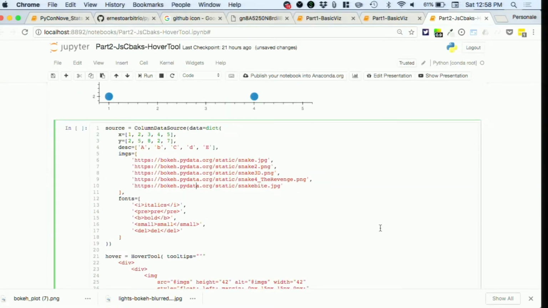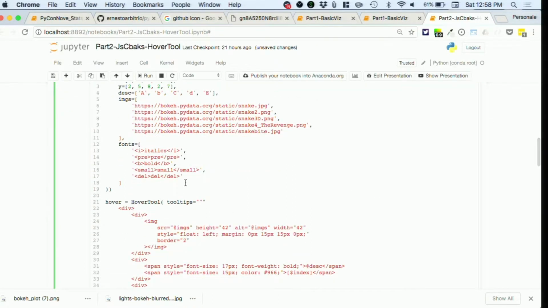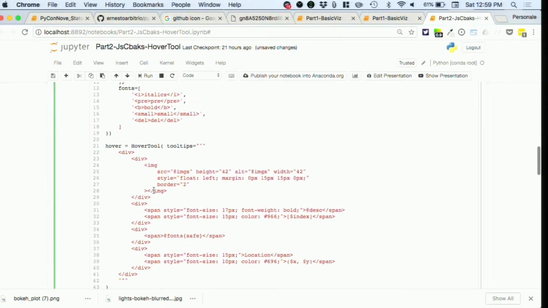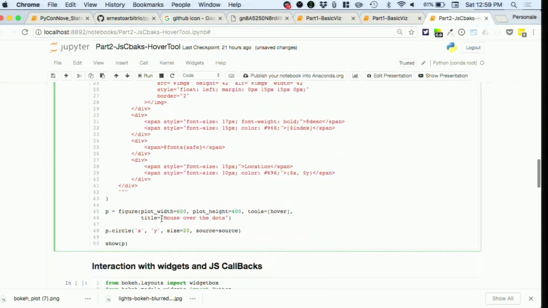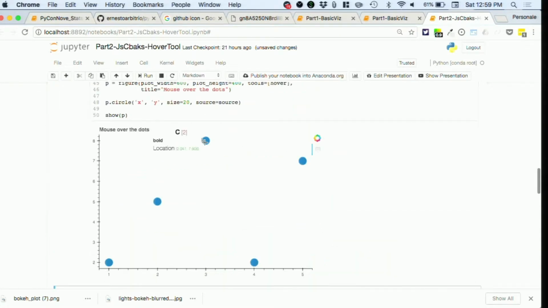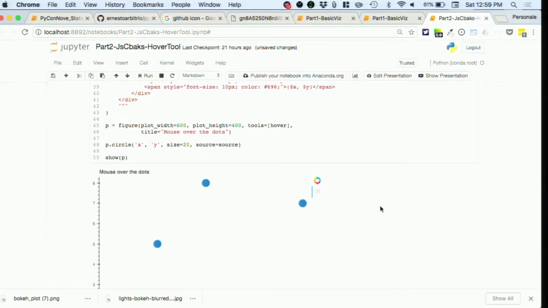I can also extend the hover tool. For instance, if I want to populate my popover with HTML, I can render images within the hover tool. So I create a list of images, a list of fonts, and then here my hover tool is a div each time I pass the mouse on the chart. So this is the result. This is the same plot, but with the extended